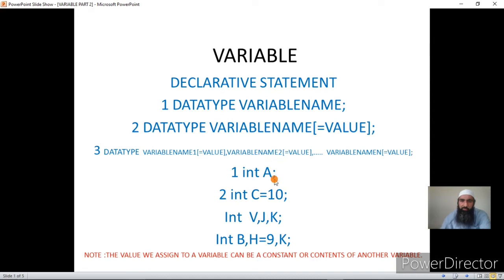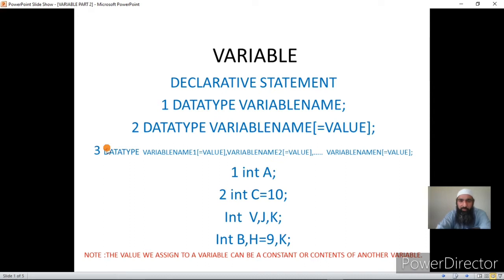So if we use method 1, the outcome of that method is that A does not have the value that is assigned by the programmer in the declarative statement. It has a value that we call a junk value. That value that the programmer has not given but the system has generated itself when we switch on the power, because when we switch on the power the memory itself gets certain zeros and ones, because zeros and ones are stored in the form of voltages.